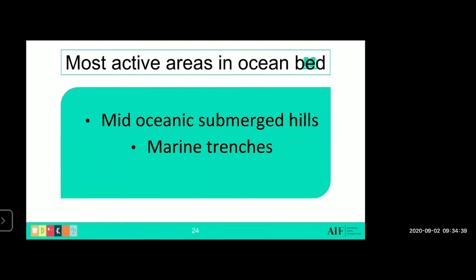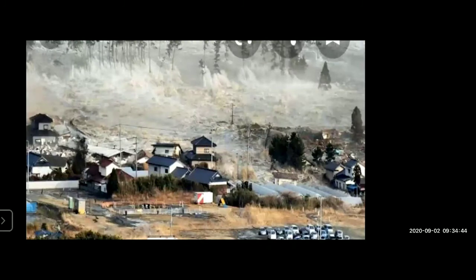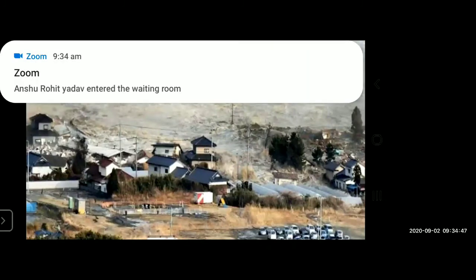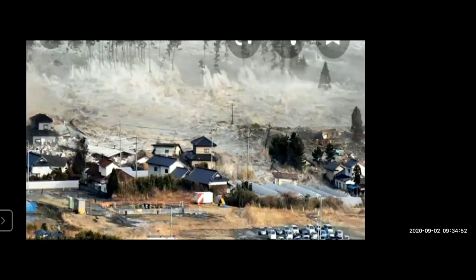This constant change in the ocean bed gives rise to tsunamis in the nearby coastal areas. Students, you might have seen this. This is a tsunami which is caused because of the changes in the ocean floor. You might also have heard that many houses got damaged, many families had to settle in some other place, and many people lost their lives. Because of these tsunamis, people had to face major problems. These occur because of the continuous changes beneath the ocean floor.